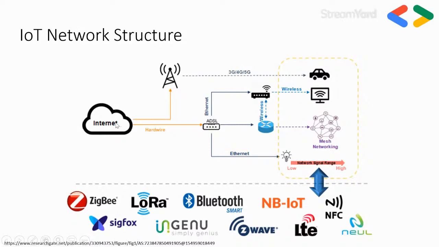Why don't we do this? The internet has a heavy protocol stack that requires lots of power and lots of memory space for the IoT device to be able to talk to the internet directly. There are lots of IoT devices that are plugged into the wall, for example, that communicate directly with the internet without a gateway.